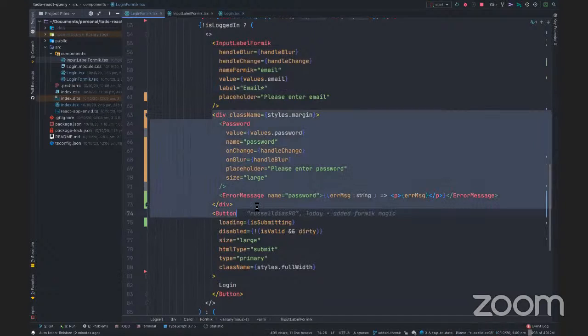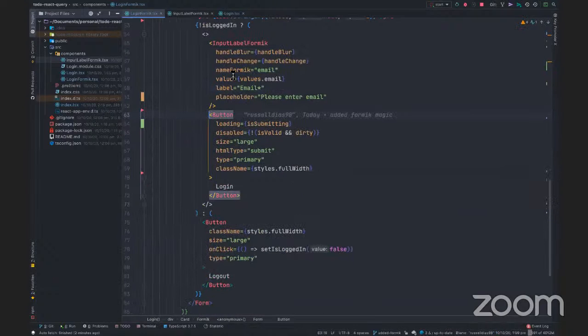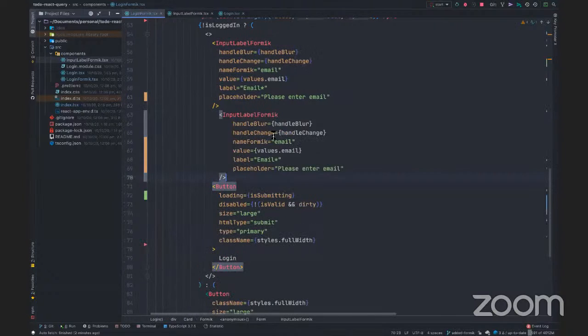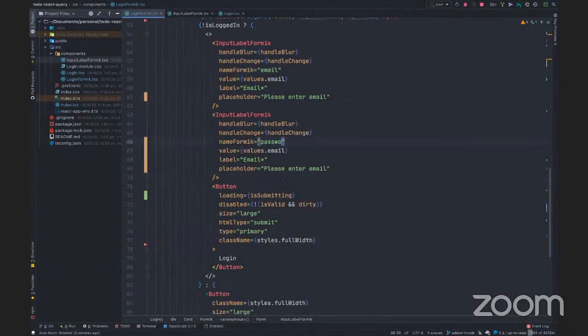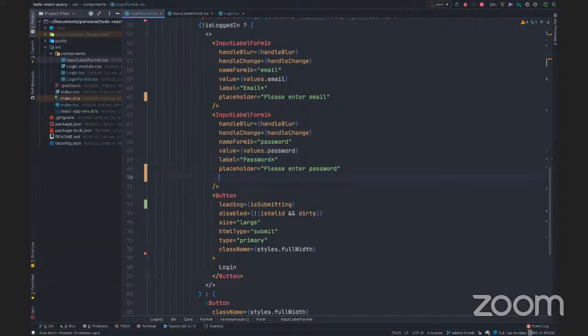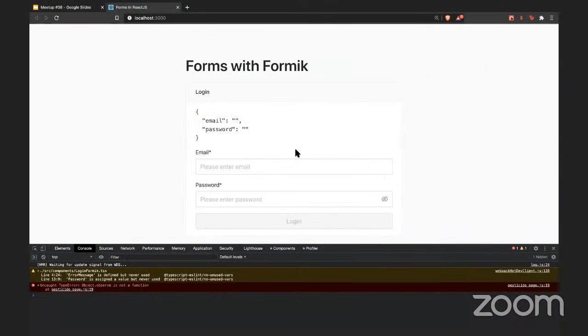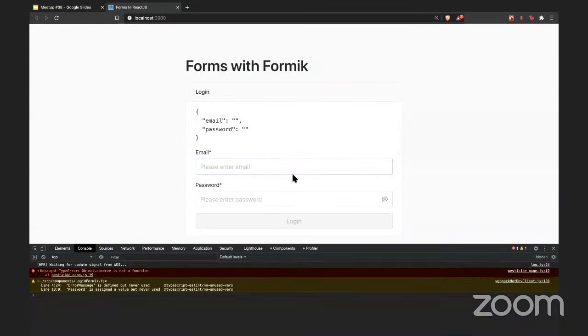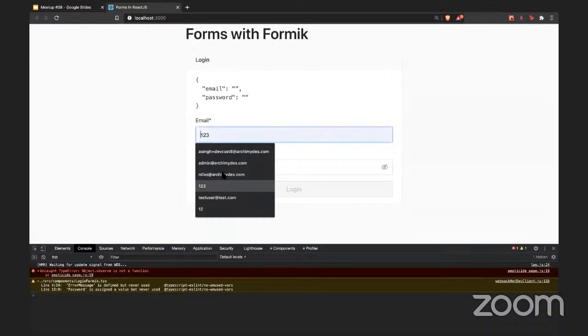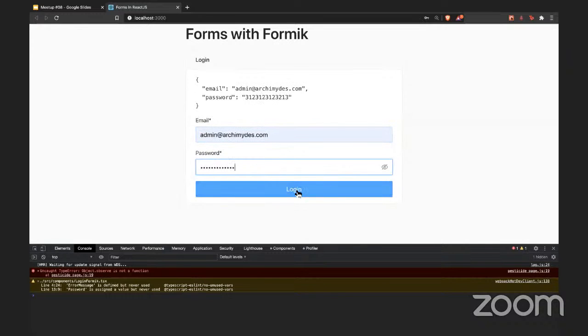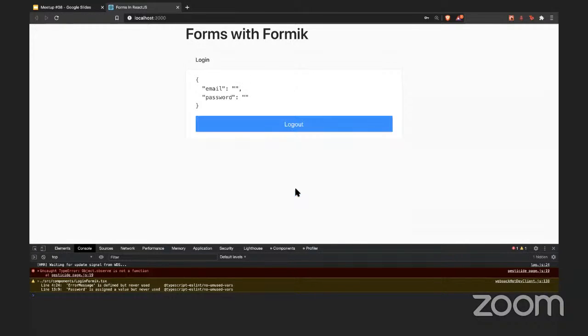We can do the same thing over here. Let's go ahead and delete that. Let's copy this down, and we'll have to change this to password, and this to password as well. And finally, we know this is a password field, so let's just say isPassword is true. So we're going to see a password input rather than its normal input. Now if we jump back and refresh, nothing should change. Obviously, this should all work out of the box. So let's just say admin, we type out some stuff, we hit login, this still works,